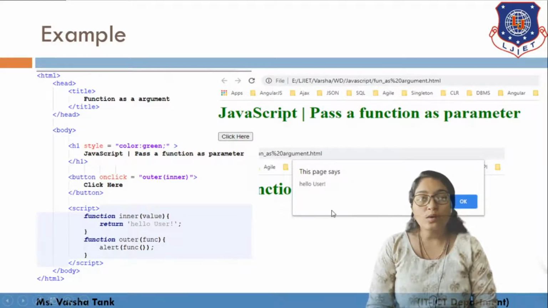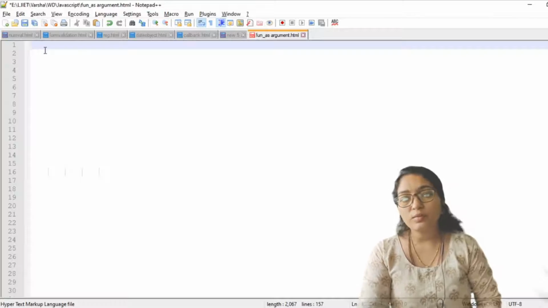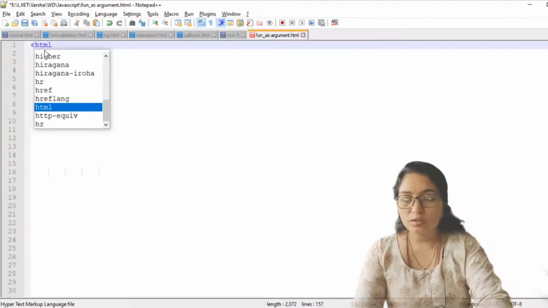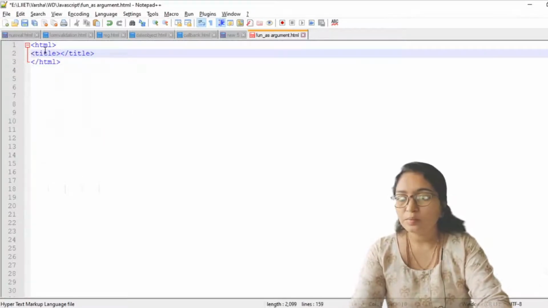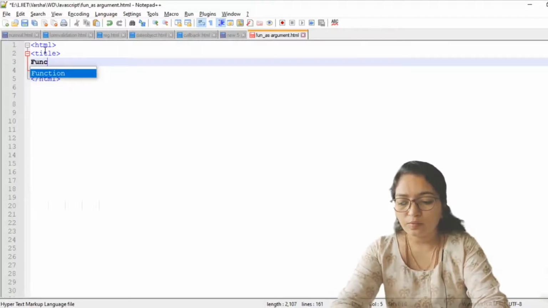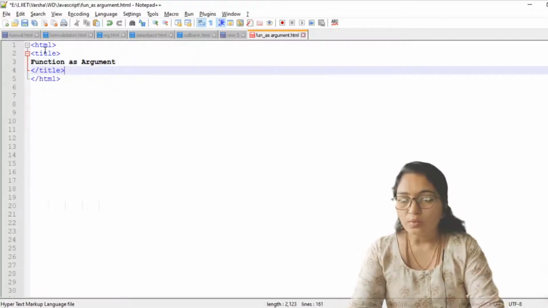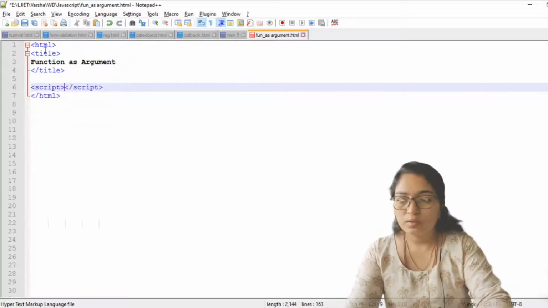Okay, now let's see the example. Let's start our basic practical for the function as an argument. Just write down HTML, then write the title, function as an argument. Now just write down script.